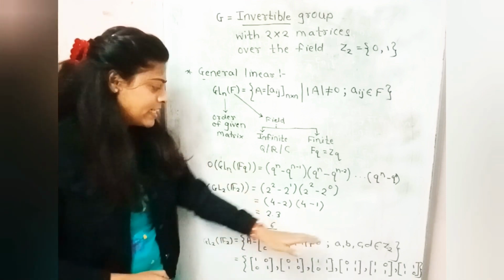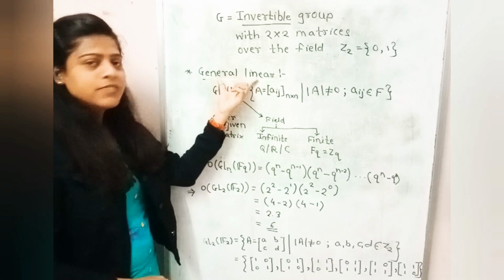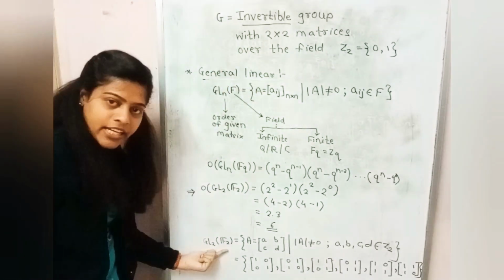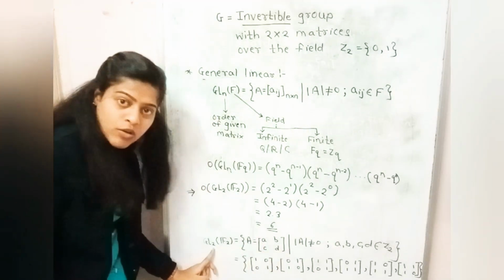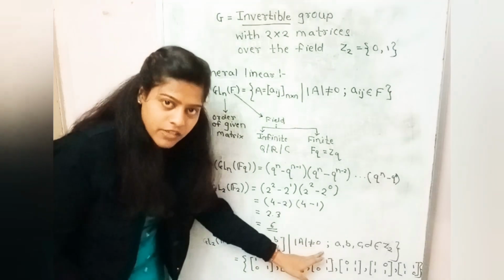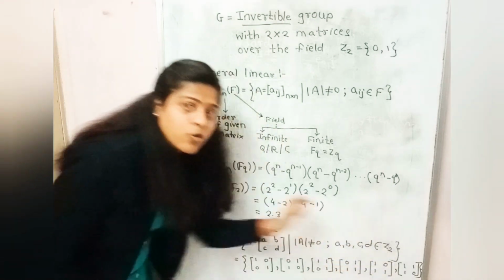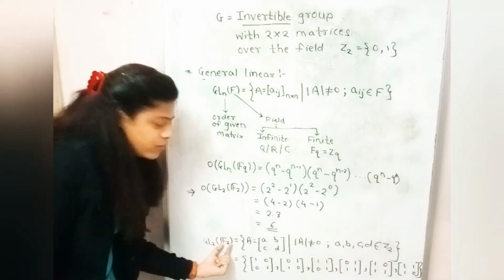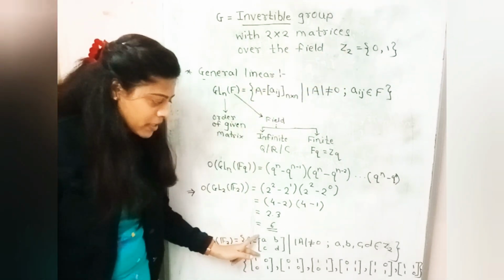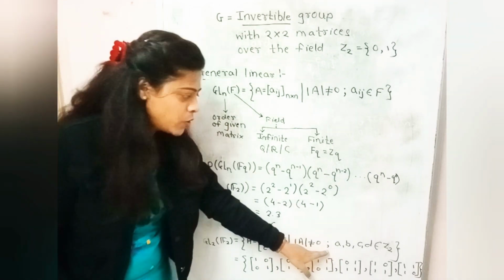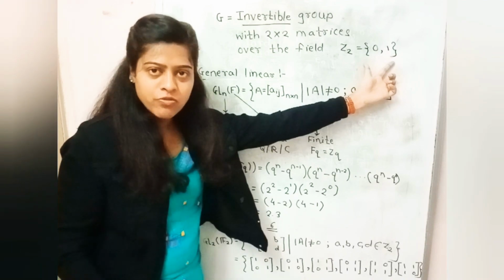But we are going to check whether this answer is correct or not. For that purpose, we are going to use the definition of the general linear group. When we take GL_2(F_2), that implies A is a matrix of order 2, because n is equal to 2, such that the determinant is not equal to 0, and a, b, c, d all belong to Z2, because Z2 is the field here. F_2 can also be written as Z2. So we have to find those matrices whose determinant is not equal to 0, and each entry belongs to F_2, that is each entry is 0 or 1.